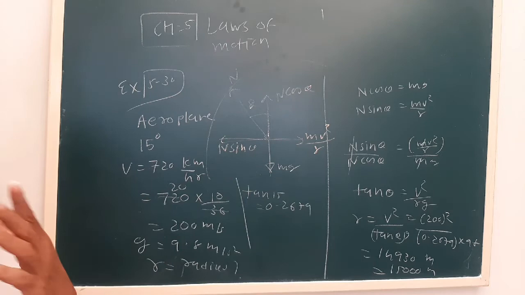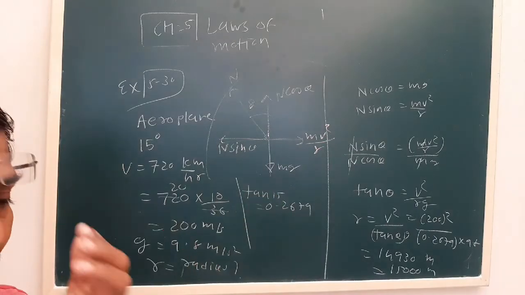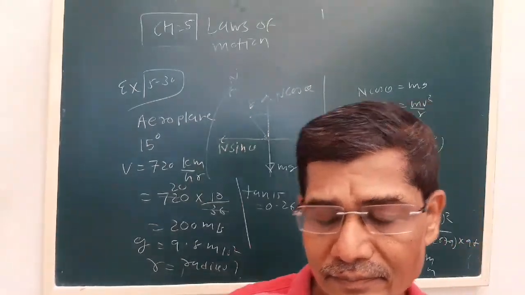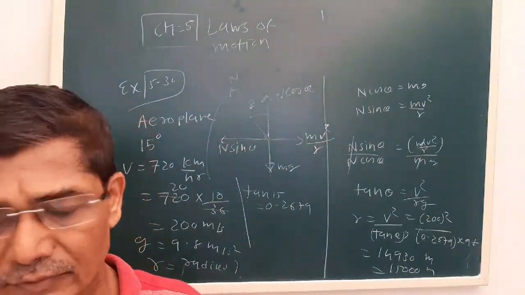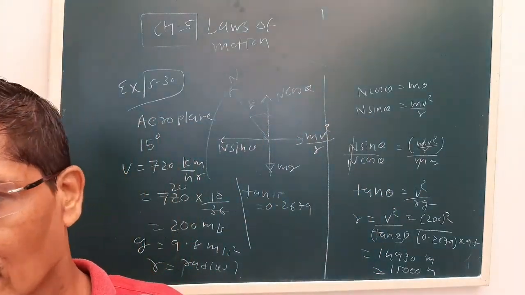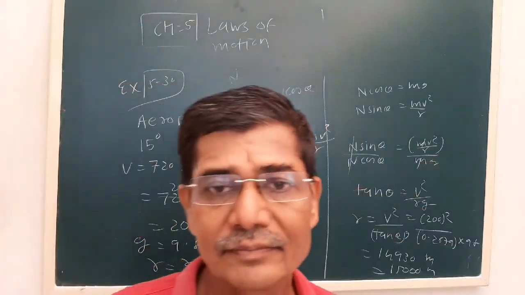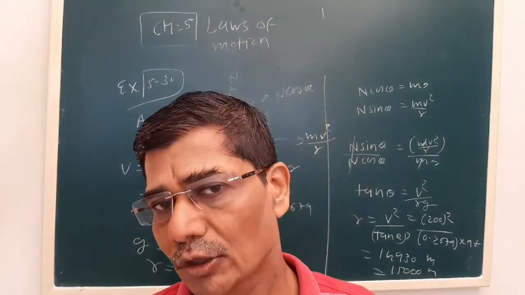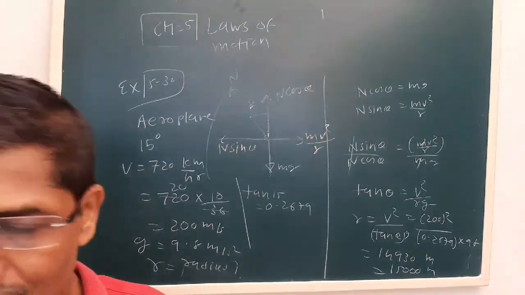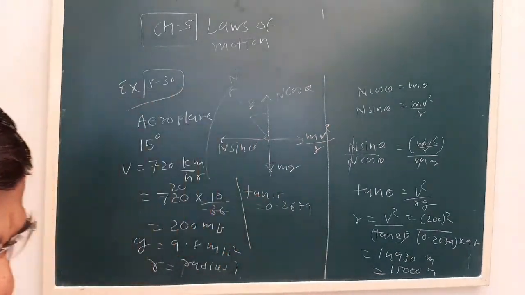This is how we have to balance the forces when the motion is on a circular path but has some angle. You might have seen in the cycling race in the velodrome, a big place in the stadium where the cycling competition takes place. There you might have seen the cycle is bent at some angle. There also, knowingly or unknowingly, some physics is there. I think you saw it in one of your favorite movies also.